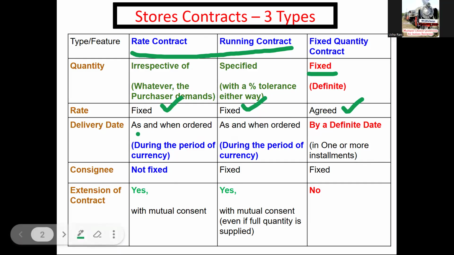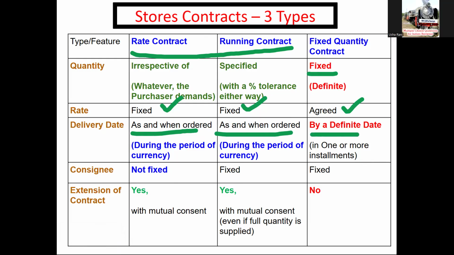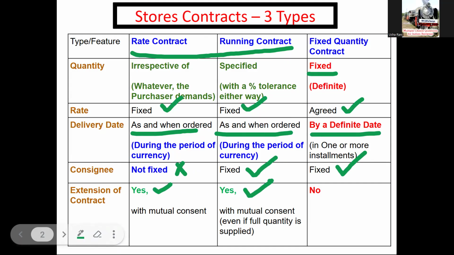And delivery date, here it is not fixed in the rate and running contracts, whereas in fixed quantity contract, it is by a definite date. It is fixed. And concerning consignee, in rate contract it is not fixed, whereas in running contract and fixed quantity contract, it is fixed. And extension of contract, rate contract is permissible, running contract is permissible, but fixed